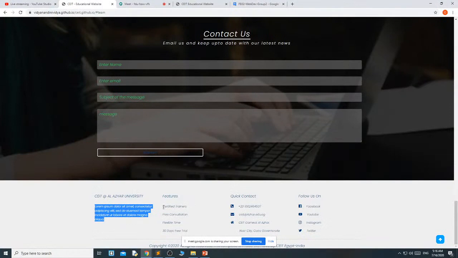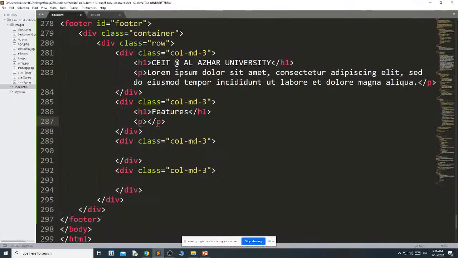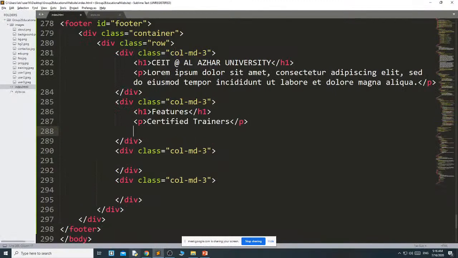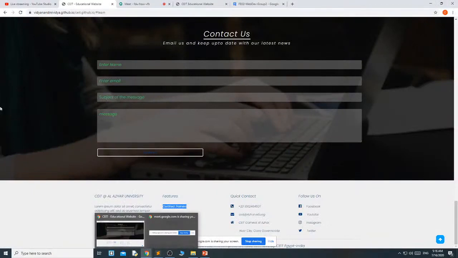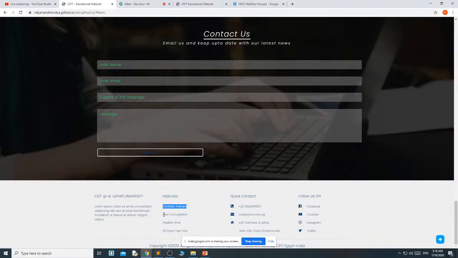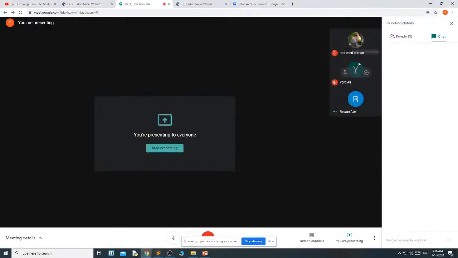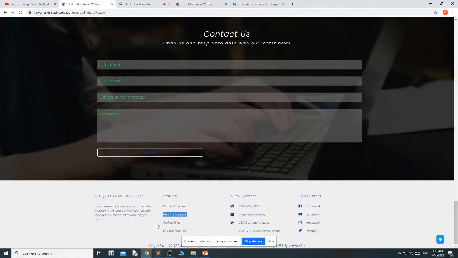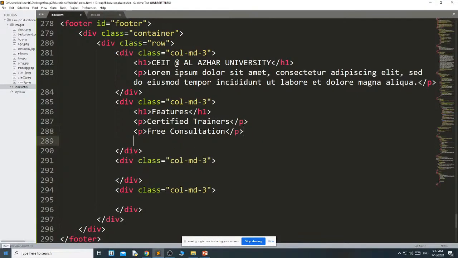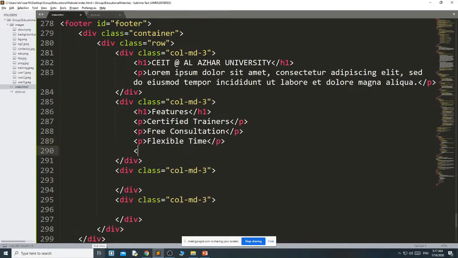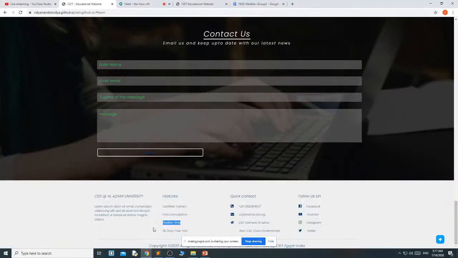then all of this I have written in paragraph. Then here, okay, then this is the third one, and this is the fourth one.